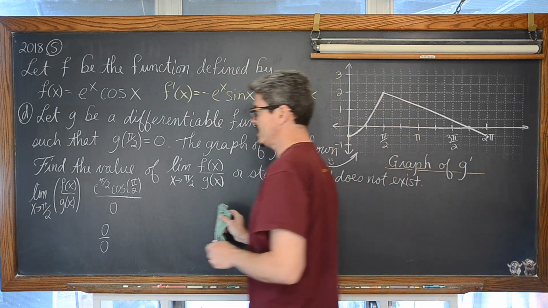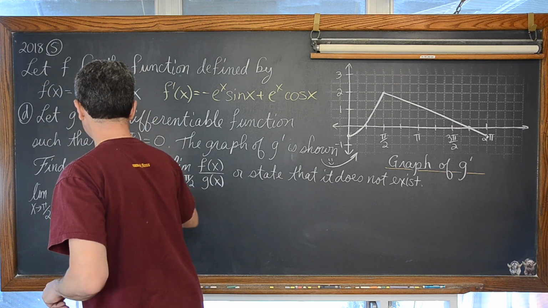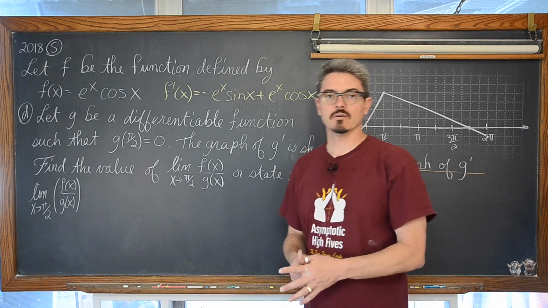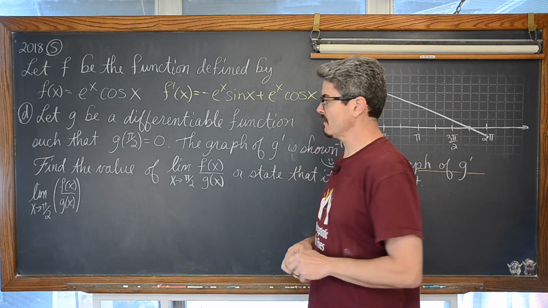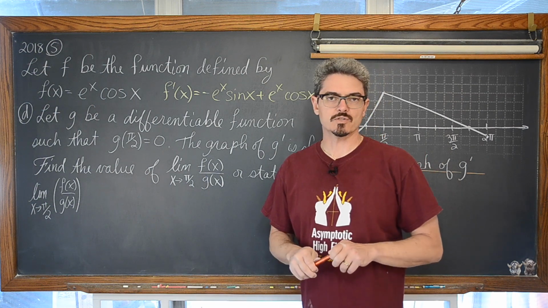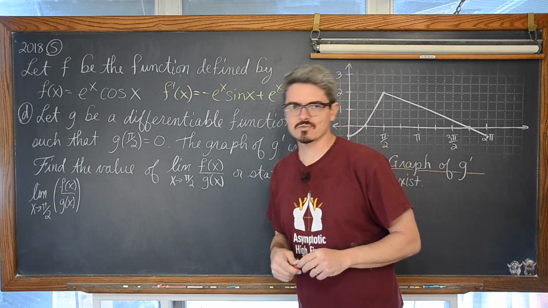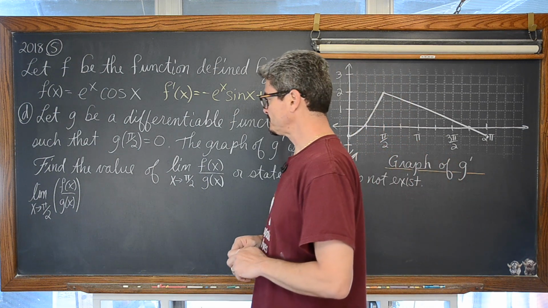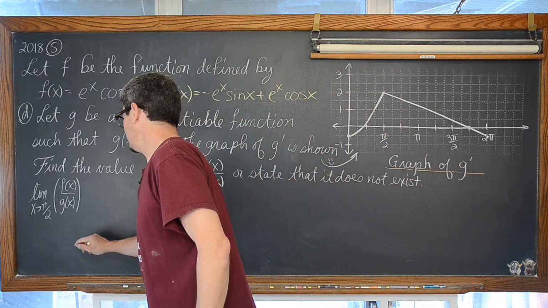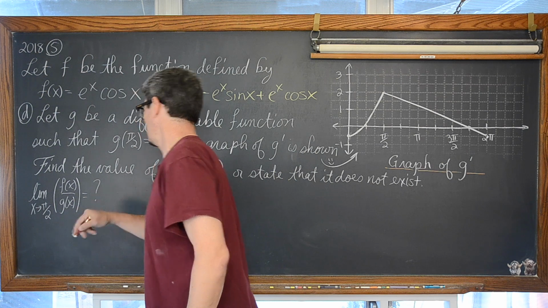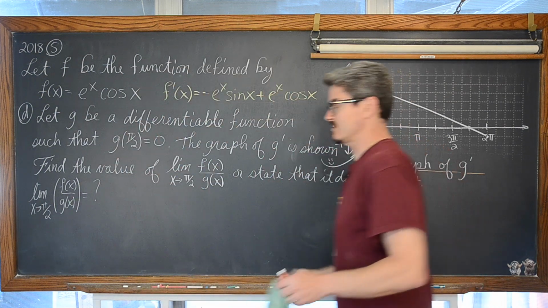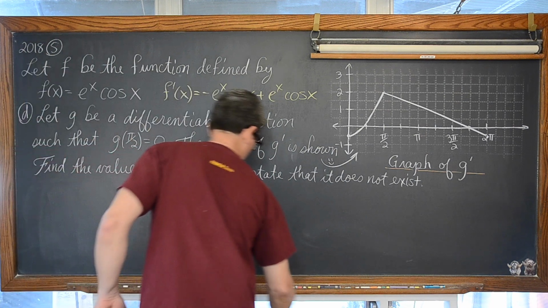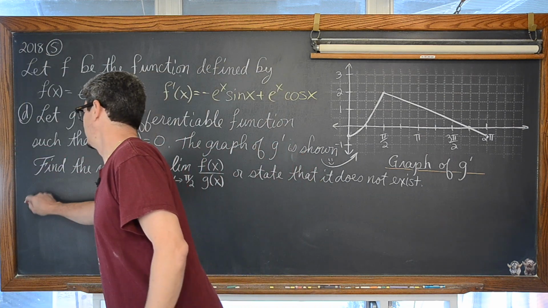But what they really want you to do on the AP test when you have this form of indeterminate is show that the limit of the numerator and the limit of the denominator separately are equal to 0. And I believe that's why they wrote this particular question. They got tired maybe of us high school teachers saying, well, in the form of 0 over 0 is okay, because here's what's going to happen. You can say that, okay, well, we don't know what it is yet, but we do know it's indeterminate. So we're going to take this off because I've unfortunately not left myself a whole lot of room. And let's take the limit of the numerator.